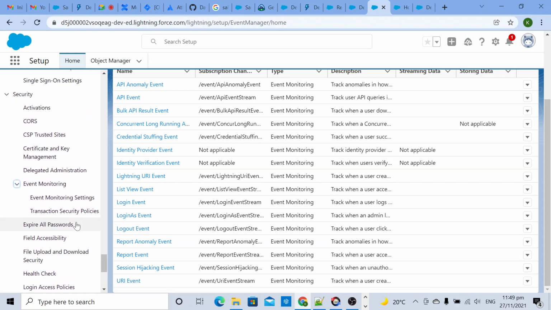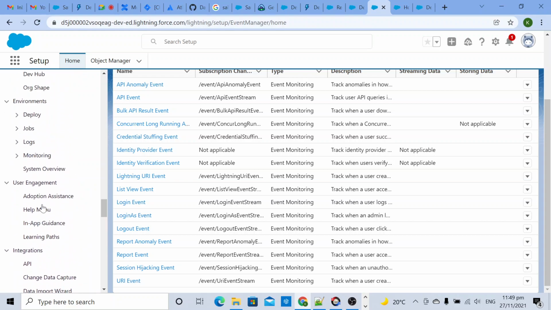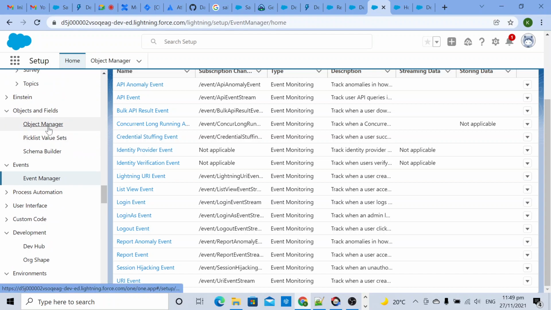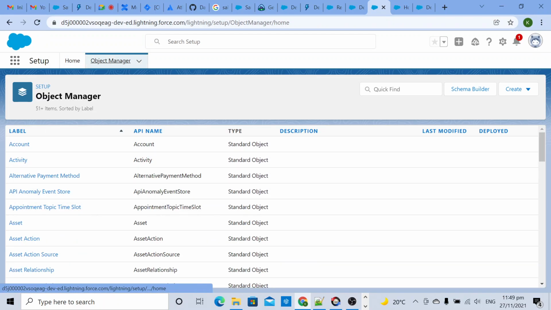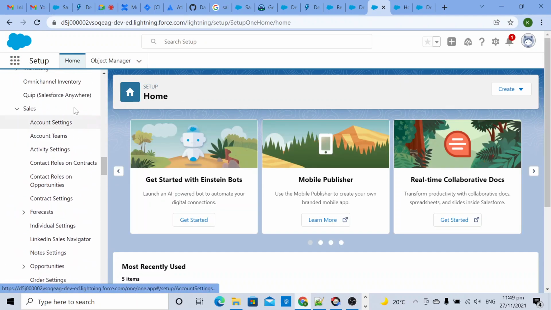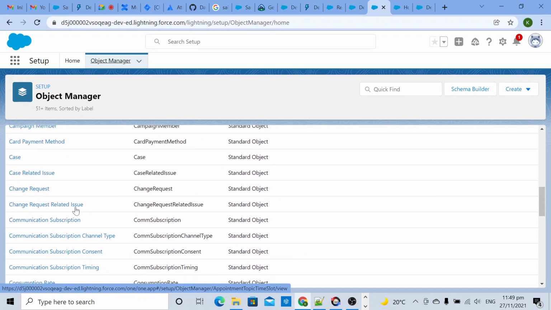Can you click the object manager? Where is object manager? On the setup home, next to home, yeah, object manager. Okay, demo.